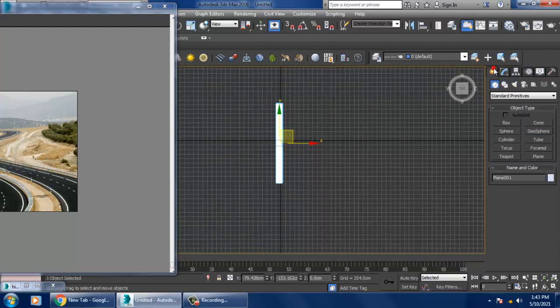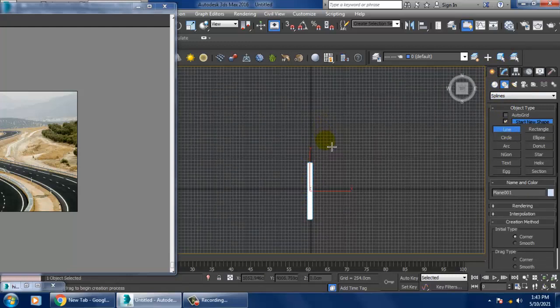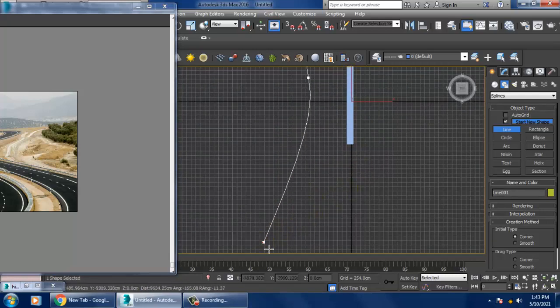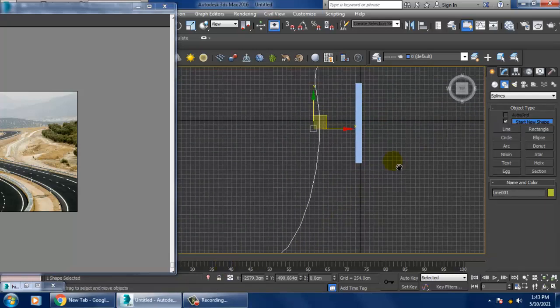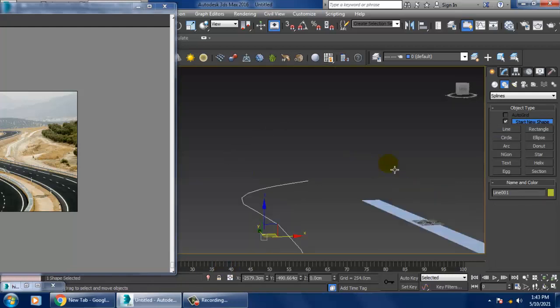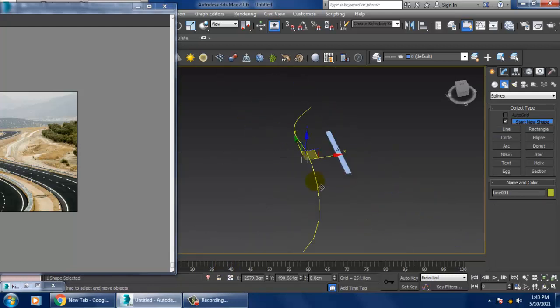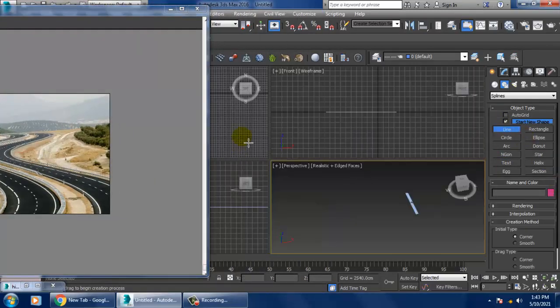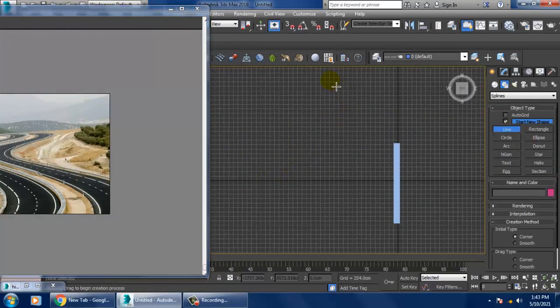Now let's take a line over here. Before we start, let's draw a line in this way for the road you are creating. I'm going to go with a very curved one.